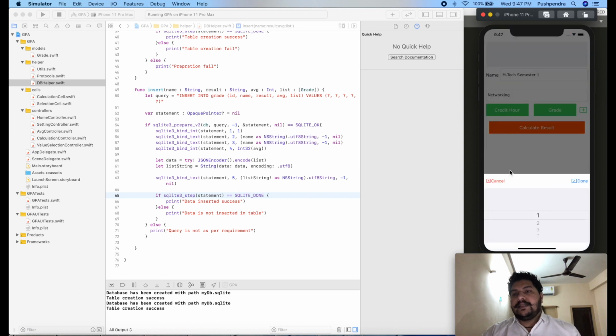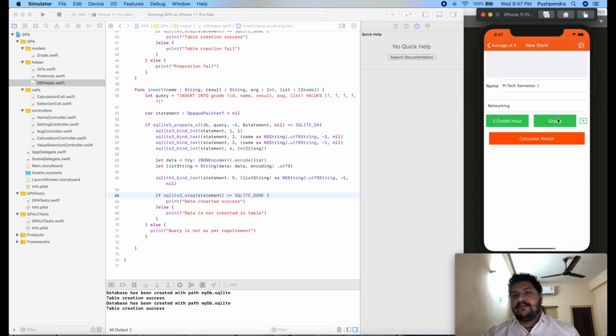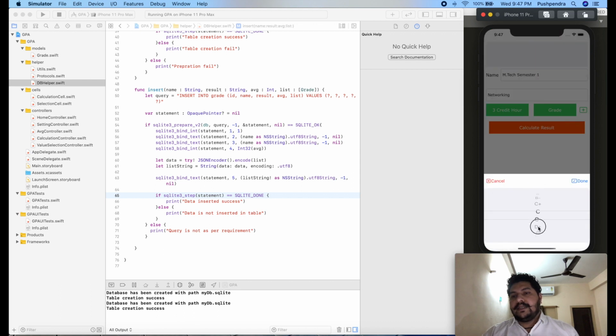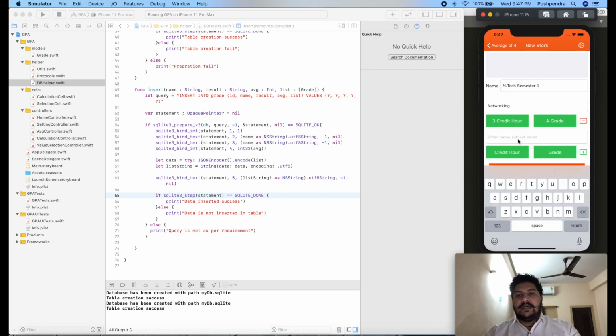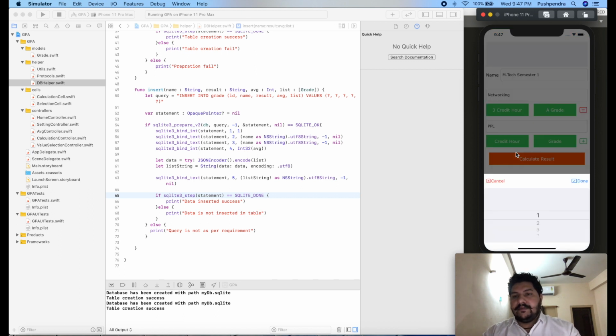Credit hours, you can select your credit hours, it is 3. Done. Grades, from here you can select grades. Done. Now I will add one extra, and the name of this we can say PPL, principles of programming languages, same 3, grade positive.